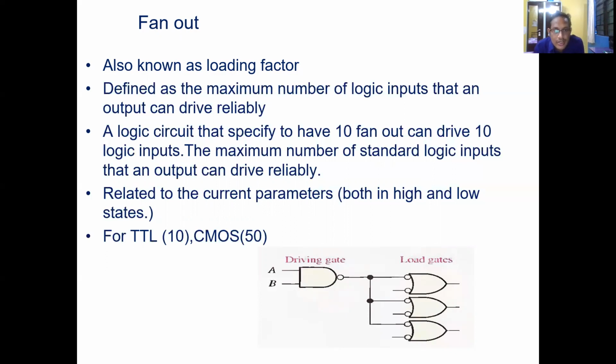For standard TTL, your fan out is equal to 10, and for standard CMOS, your fan out is equal to 50. So this is the biggest advantage of the particular CMOS IC as compared to TTL. That means more gates can be driven in the case of CMOS. Why is the fan out of CMOS more than TTL? The reason is the same as we already compared initially. In TTL, BJT is used, while in CMOS, complementary metal oxide semiconductor, we are using the MOSFET. So the current driving capacity of the MOSFET is more as compared to TTL. That's why the fan out of CMOS is more than TTL. This is a major advantage of CMOS over TTL.